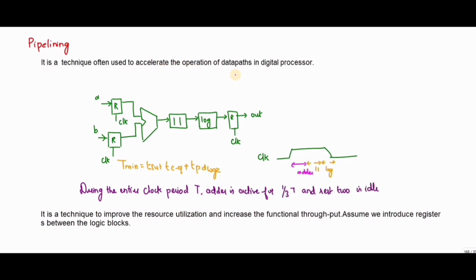In this video, we are going to discuss pipelining. It is an approach to optimize sequential circuits. It is a popular technique often used to accelerate the operation of the data path in a digital processor. So here the basic idea is we need to take the log of,